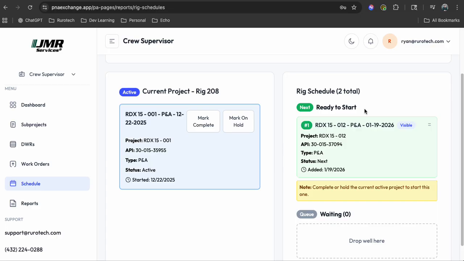One important thing to know about these buttons and the way that active and next interact with each other is that if you mark one of these complete or on hold and then a project slides from next into active, it will automatically set the price book for this sub-project. So before you click these buttons, be extra sure that the project that is listed here in next is indeed